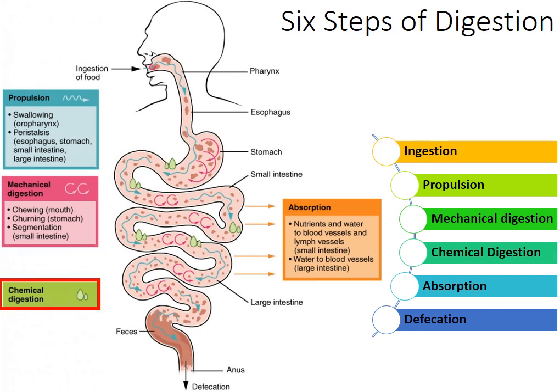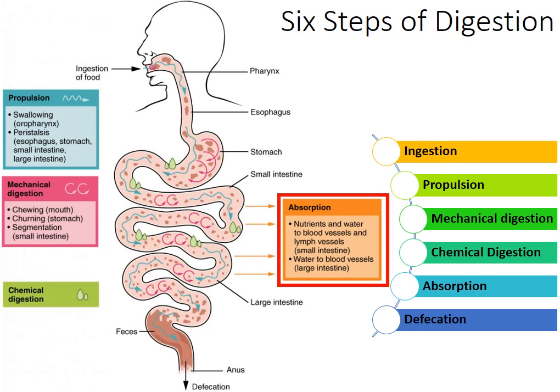Chemical digestion is a process in which enzymes break down complex food molecules. Starting in the mouth, digestive secretions or enzymes break down complex food molecules into their chemical building blocks. Example, proteins are broken down into separate amino acids. The process of absorption mainly takes place within the small intestine, where most nutrients are absorbed from the lumen of the alimentary canal into the bloodstream. And the last step is defecation, where elimination of undigested substances from the body usually occurs.